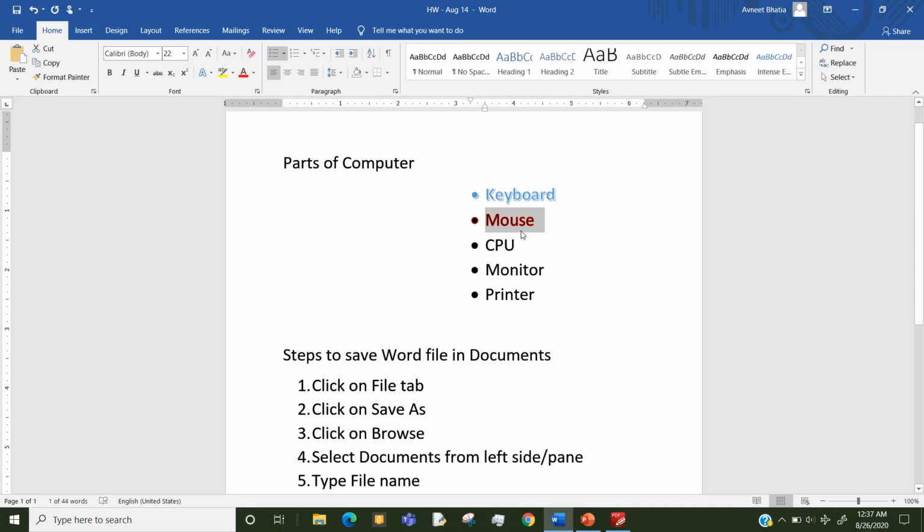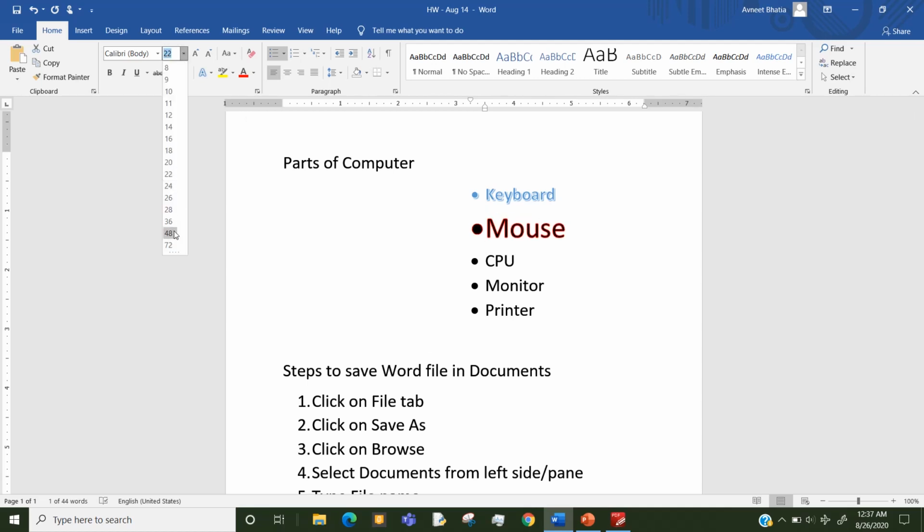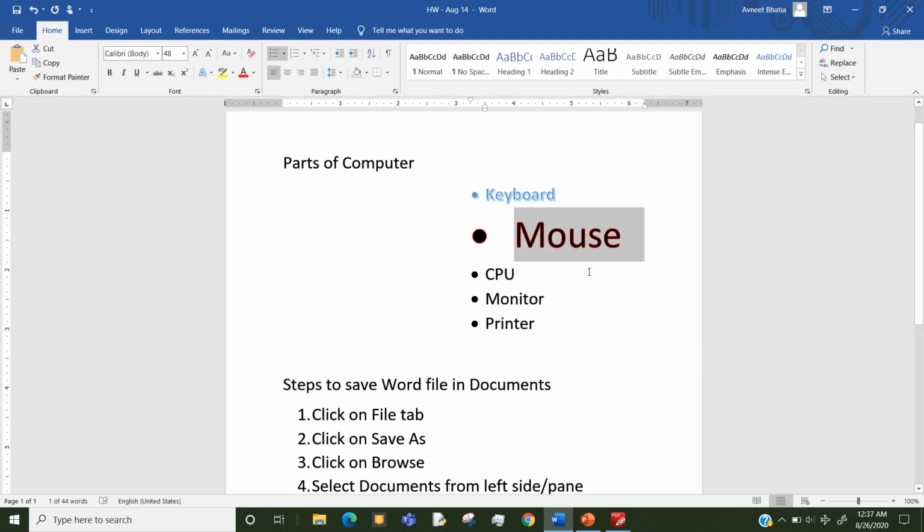See how it applies. I hope you can see the outline is red and inside it's black. Okay, I'll increase the font size to 48. I hope now it's clear. We have red color border and inside it's black color. Now we can increase the thickness of the border, means this red color.